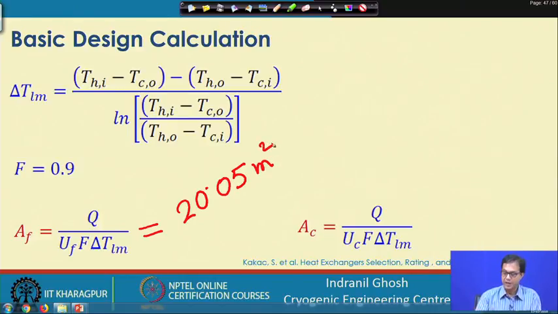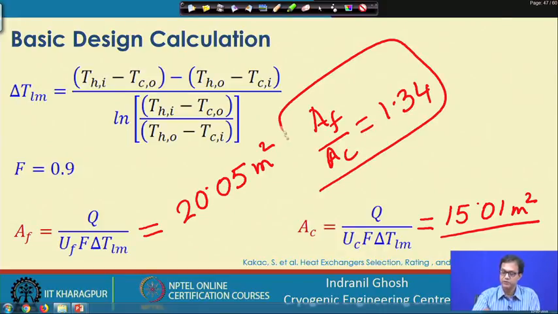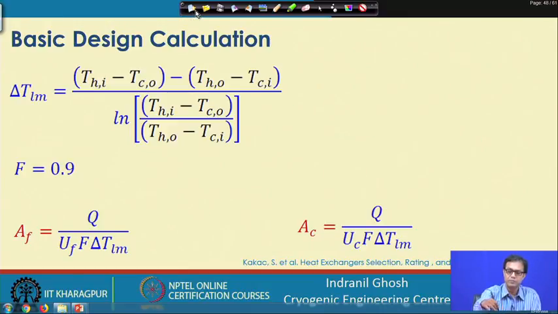20.05 meter square, and this is 15.01 meter square. So that means this ratio AF by AC was 1.34, and this design is within our limit, where it was expected that the oversized design should be less than 35%. So based on this surface area, we will be working with this 20.25 meter square